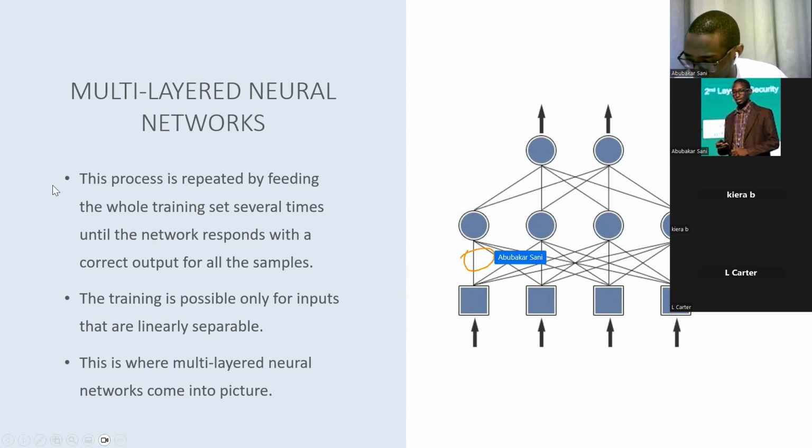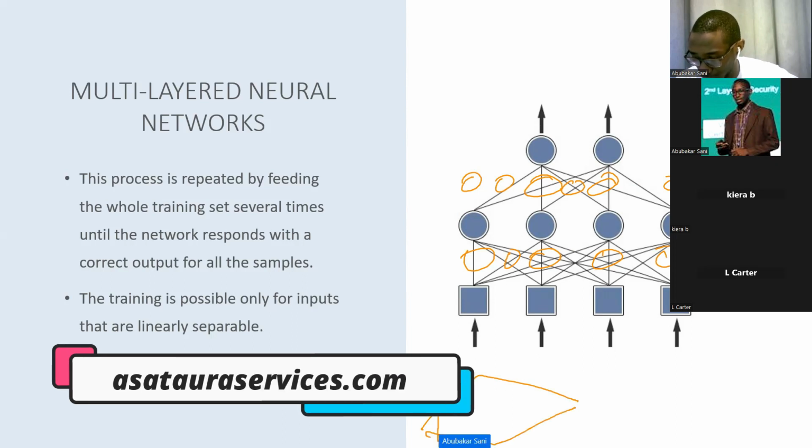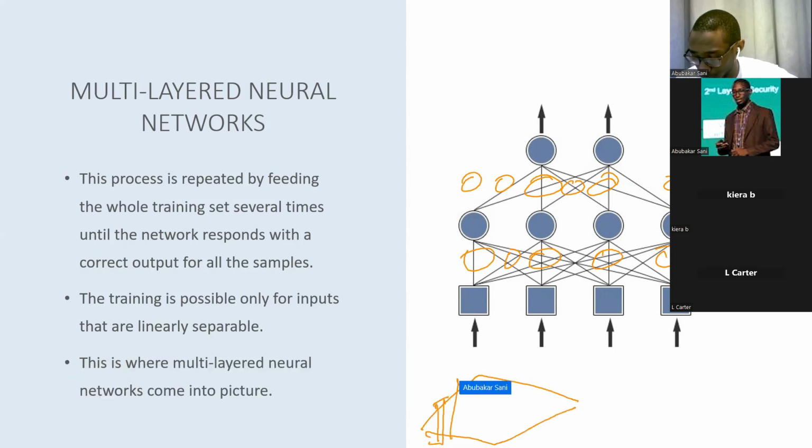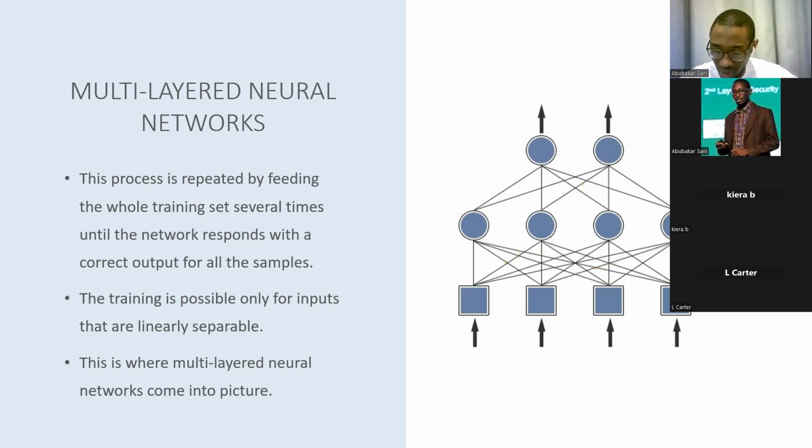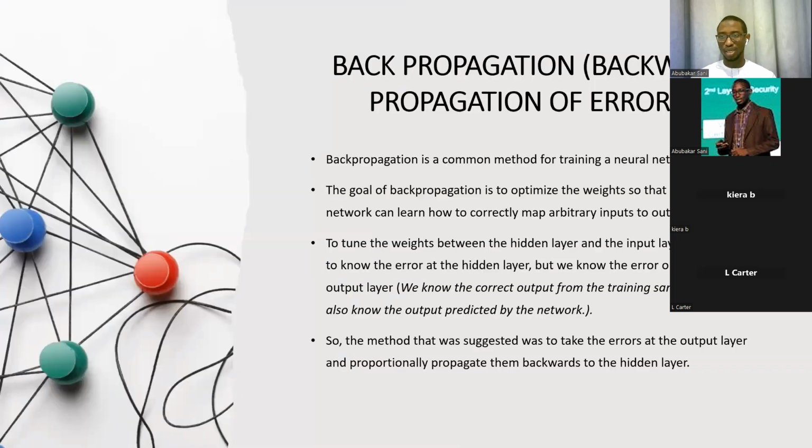Okay, we can have other neurons here, for example, so that we have two hidden layers. You can have another one, and each one might have its own different number of neurons. Sometimes we used to do architectures like this, where here we put a small number of neurons, here a more moderate number, and then here a larger number of neurons. Depending on what you're trying to solve, this is where the multi-layered approach comes into play.